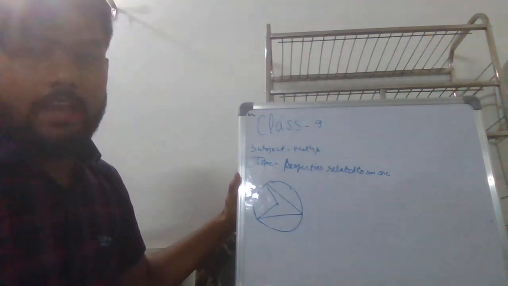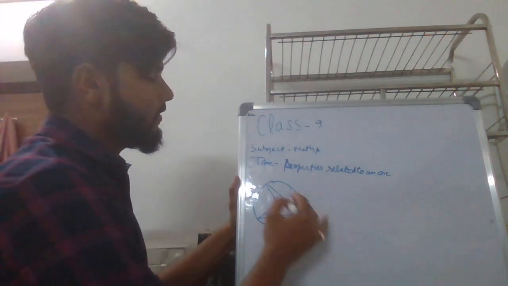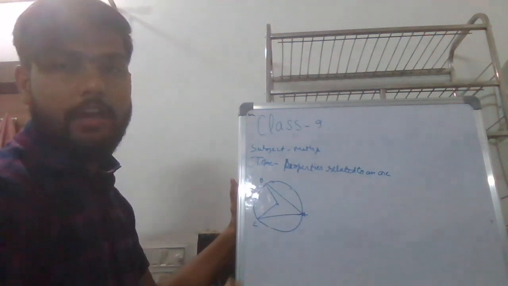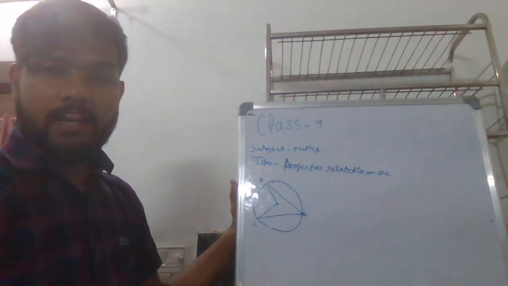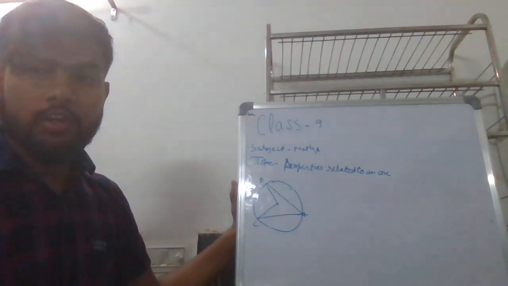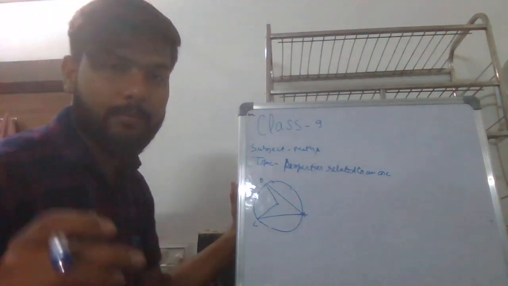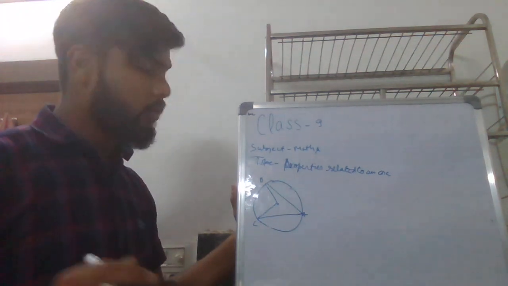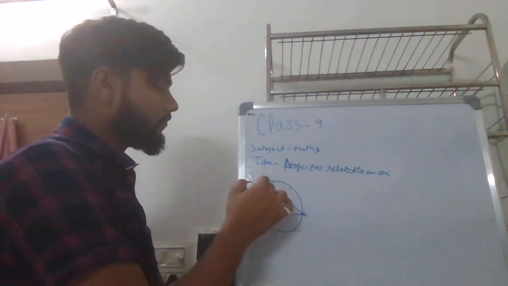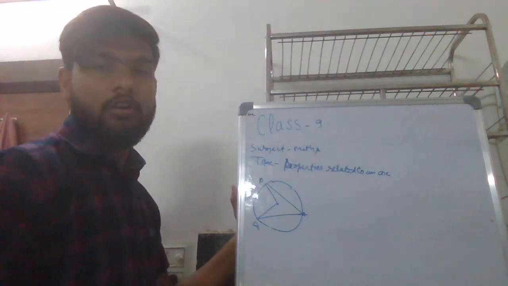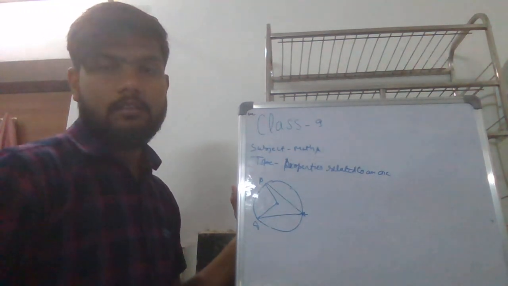Okay, like this, and we will name it A, B, C. Here you can see that in a circle with center O, arc PQ is subtending an angle at the center O and on the circle at point A. Okay, so after that we can see that,